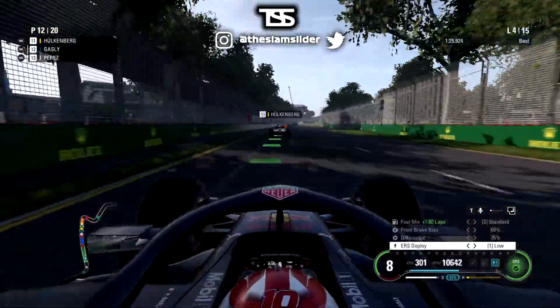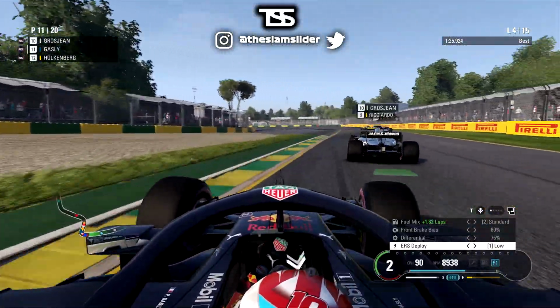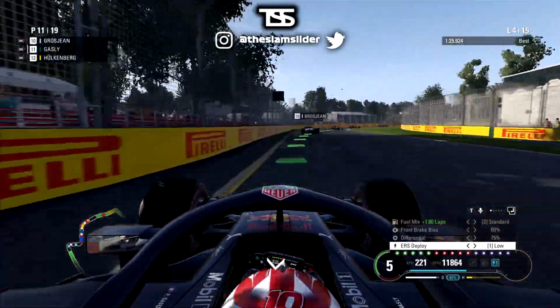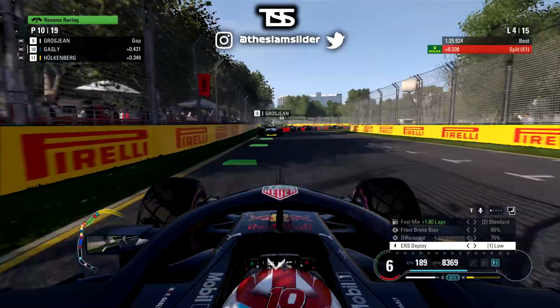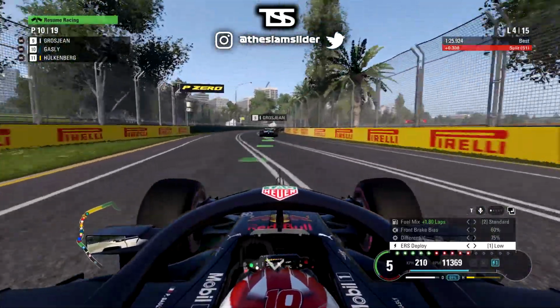Lap 4, it took a while to catch Nico Hülkenberg, but DRS open. We're going to dive down on the inside on turn 3. This is a very good place for overtaking. Some drivers tried in the real life Grand Prix to make overtakes on the outside of turn 3, but it didn't work. So we are doing the opposite, and going down on the inside is the most viable option in